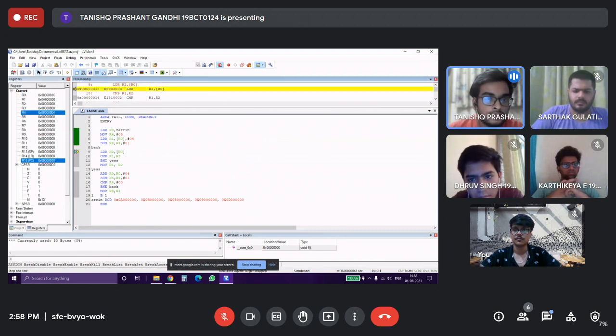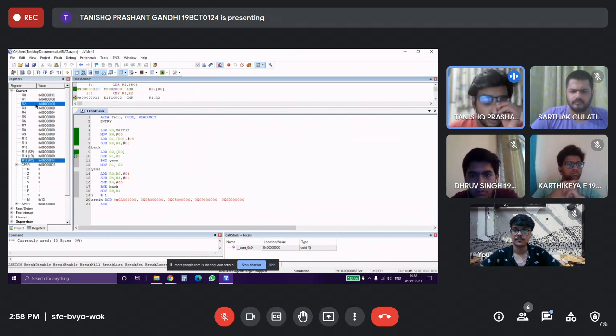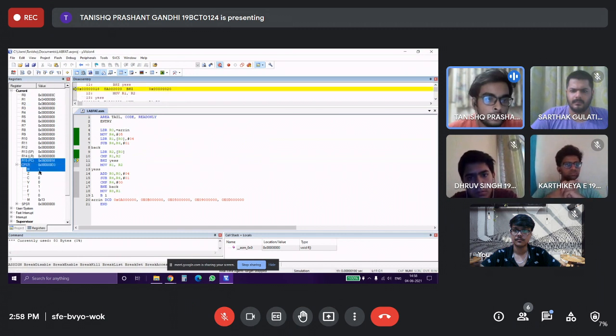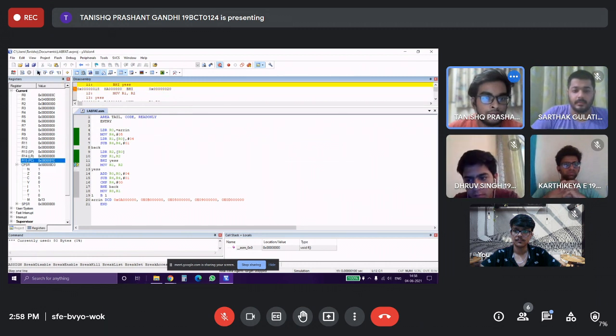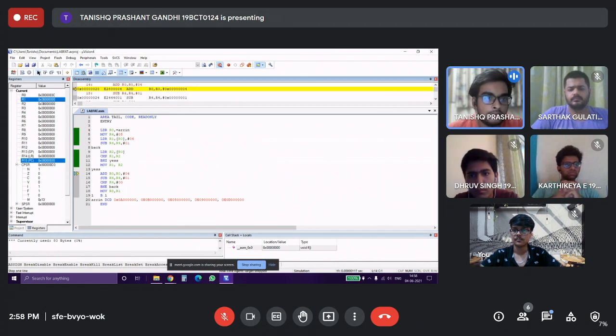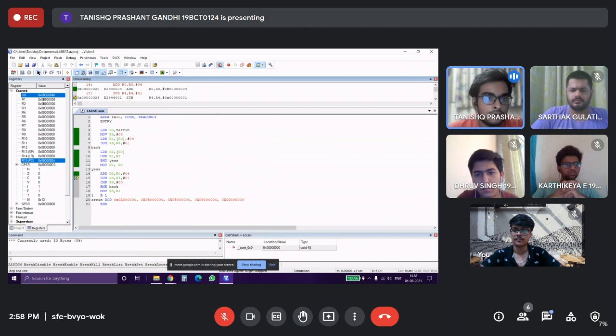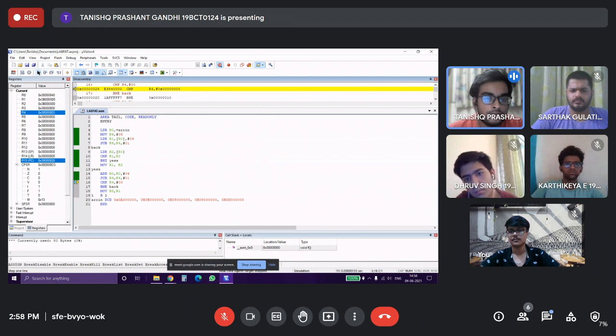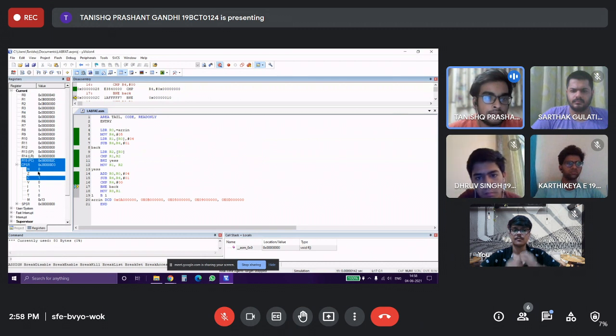Now in the next line, we will store the second element in R2. Here you can observe that R2 is stored with 0x0b. Then we will compare R1 and R2, and here you can observe that when we compare, the n flag is set to 1, which means that R2 is greater than R1, so it will move out of the loop and go to the yes segment. Here we are again incrementing and storing the third value in R0, and then we are subtracting the counter, and then again we are comparing if the counter is equal to 0 or not. As it is not equal, it will move back to the back segment, as the carry flag is set to 1 here when we do the comparison.